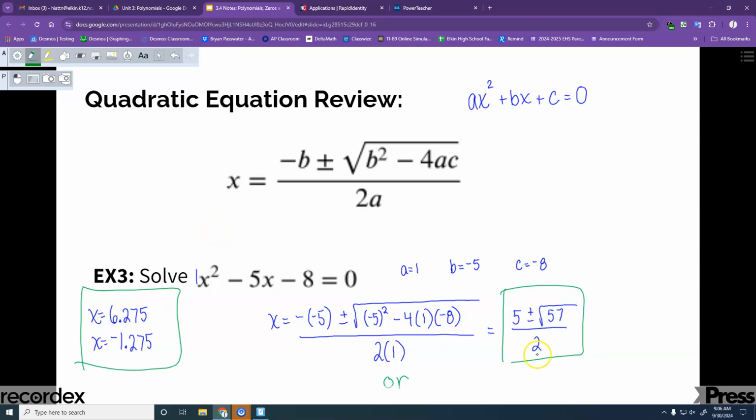These would be your zeros here, or your solutions. Okay. Do you guys remember doing that? Okay. It may come up a little bit where we have to use it to finish out a problem for these. So